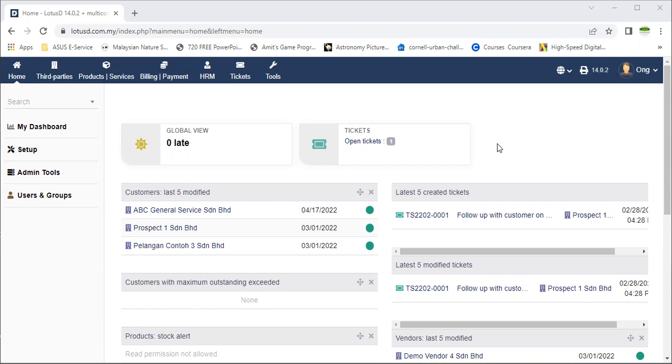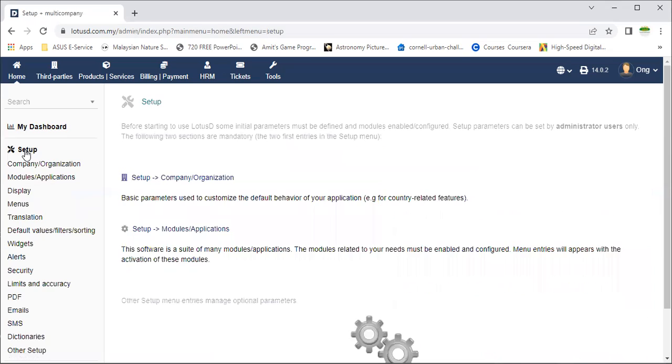Right now, as you can see, we are on one of the administrator homepages. In the administrator view, we can see the setup and the user and group, which are not available to other users. So let's see what happens in the setup. If we click on the setup,